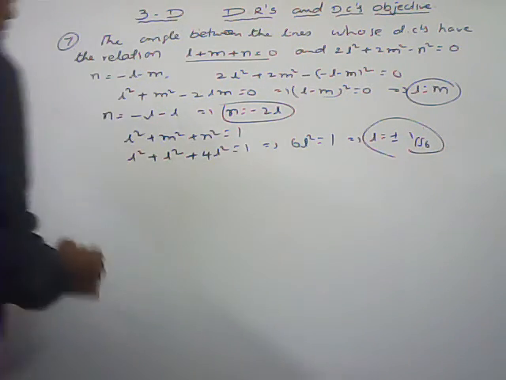Here compulsorily you have to consider plus or minus. In the previous problem, 2 cases arose, that's why I took only the plus value. In case 2 we got the DCs of another line also. But here 2 cases do not arise, that's why here you can take plus or minus.